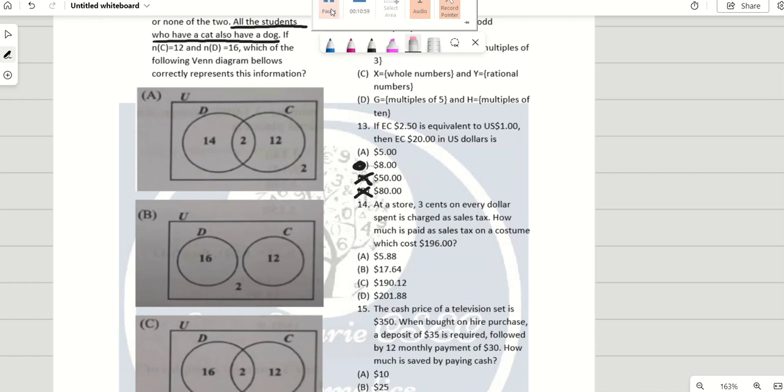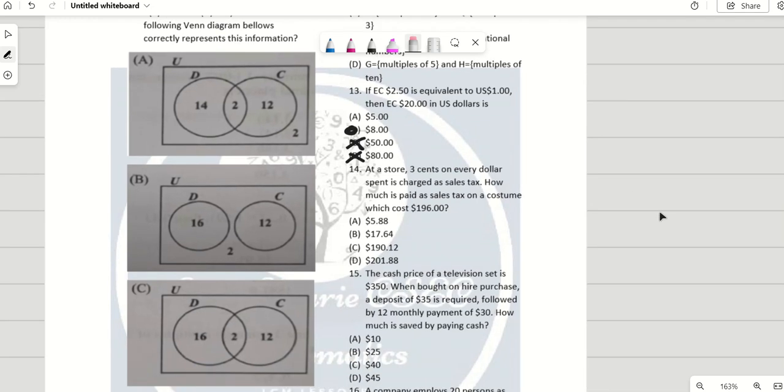Number 14. Number 14 says, at a store, 3 cents on every dollar is spent on a tax charge. So they're telling you for every dollar, you're getting 3 cents, 0.03. That's how you would write 3 cents, right? This is also known as 3 over 100 or 3%. So when they say 3 cents on every dollar, you can make this into a percentage by saying